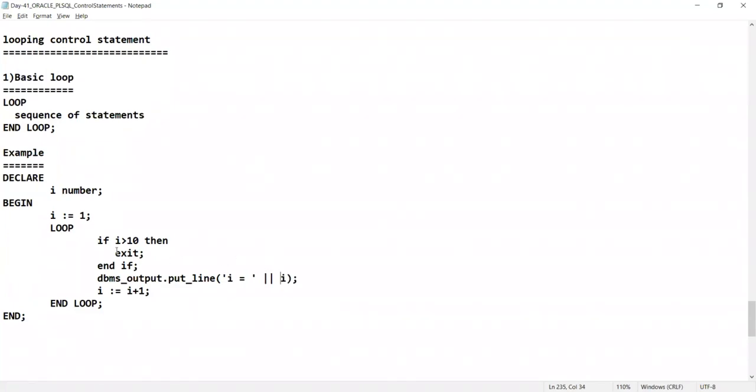So until unless, how many times will that I value be printed, sir? 10 times will be printed or 9 times will be printed? 10. So 10 greater than 10. 10 will be printed or 9 will be printed, Praveen? 9. 9 only. When it comes for the 10,